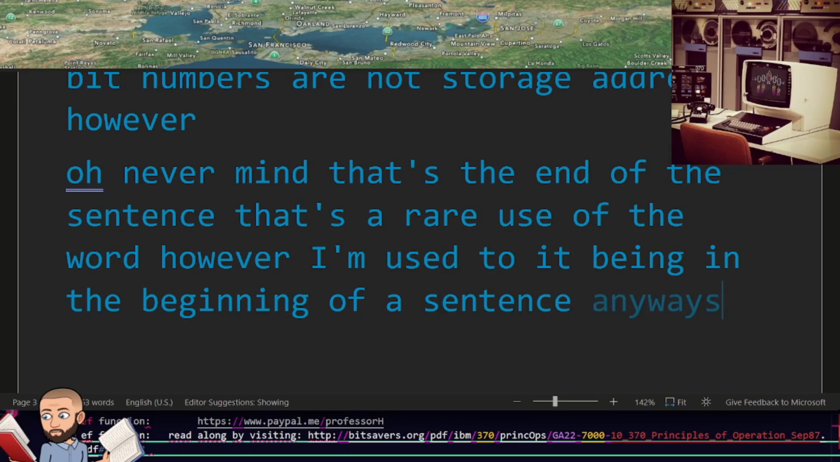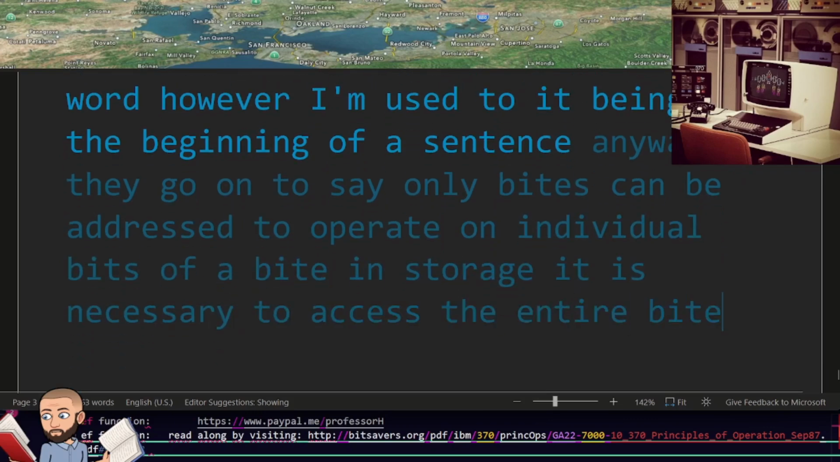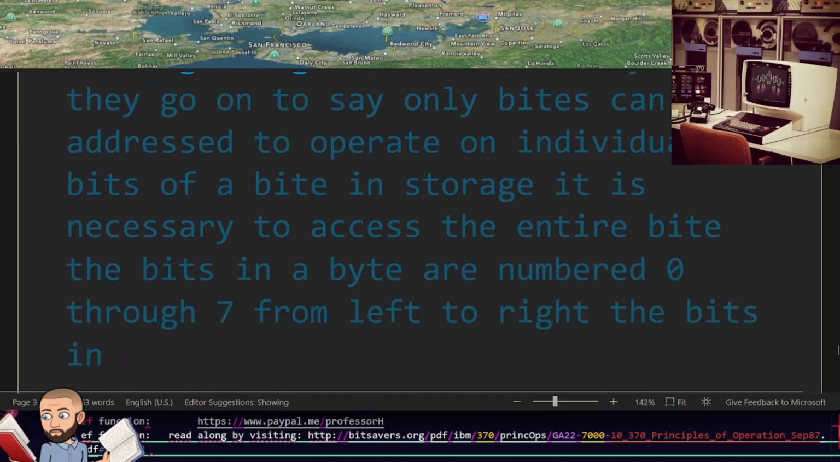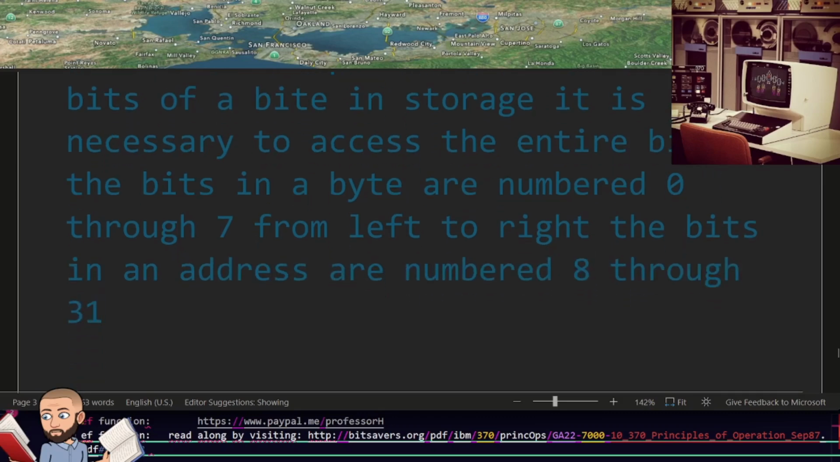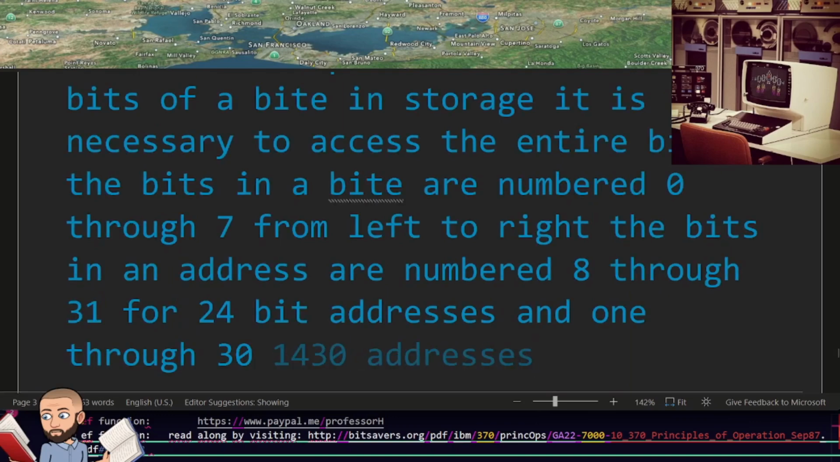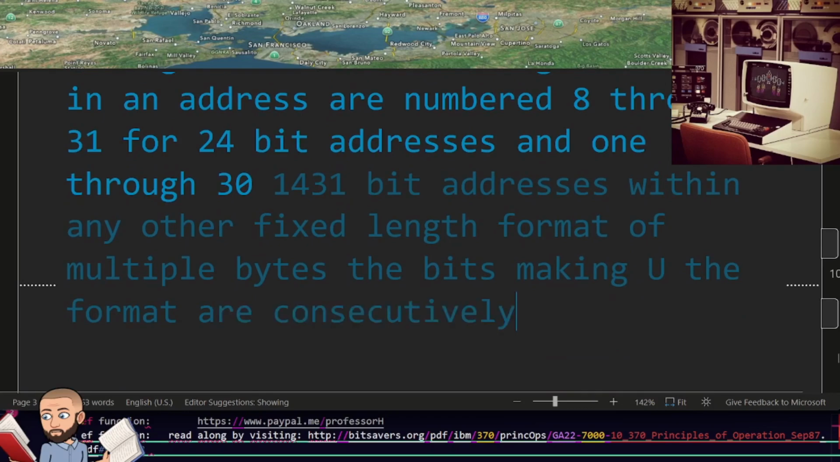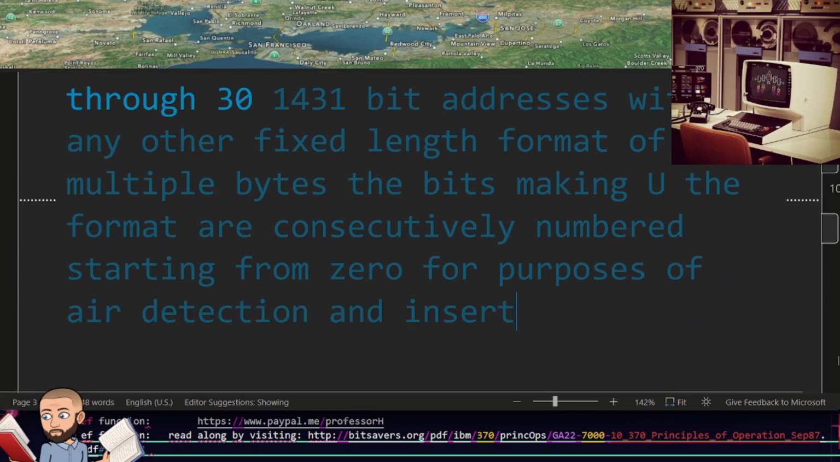Anyways, they go on to say only bytes can be addressed. To operate on individual bits of a byte in storage, it is necessary to access the entire byte. The bits in a byte are numbered 0 through 7, from left to right. The bits in an address are numbered 8 through 31 for 24-bit addresses, and 1 through 31 for 31-bit addresses. Within any other fixed length format of multiple bytes, the bits making up the format are consecutively numbered starting from 0. For purposes of error detection and in some models for correction, one or more check bits may be transmitted